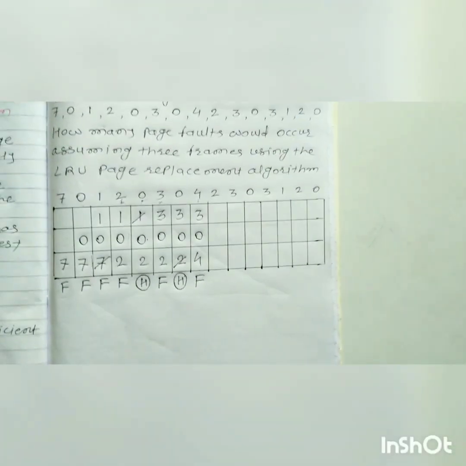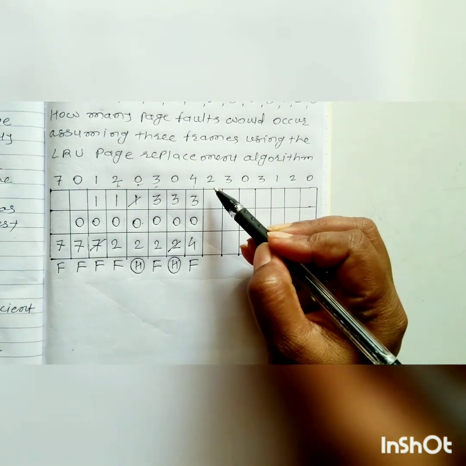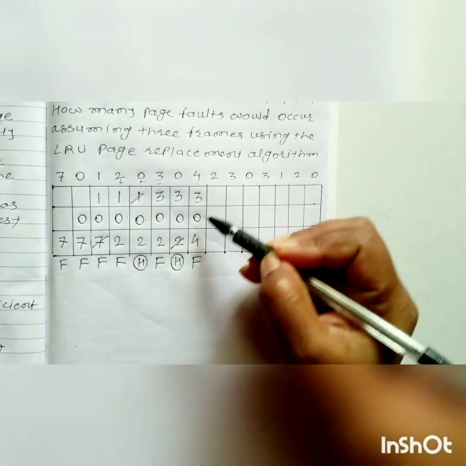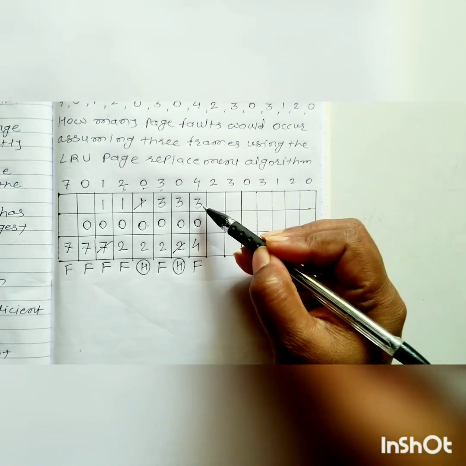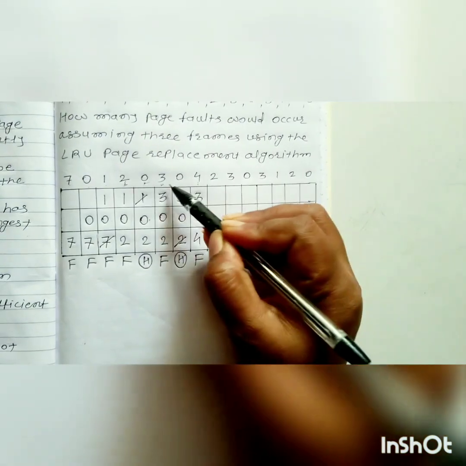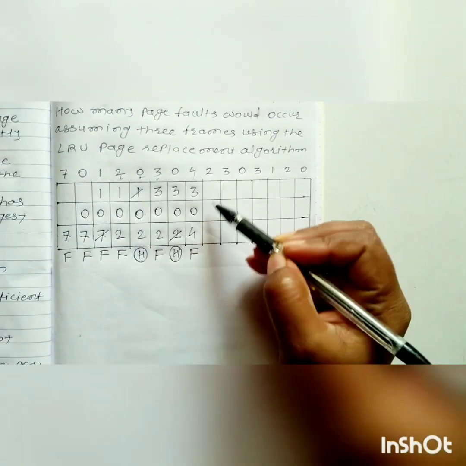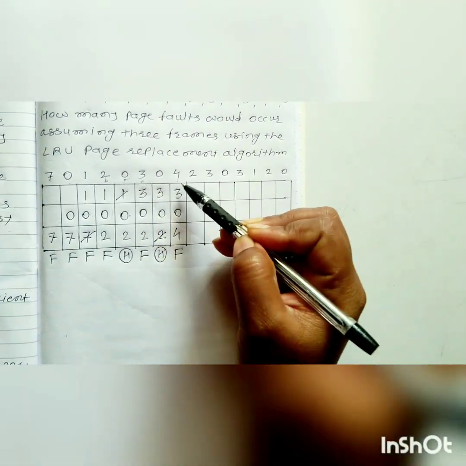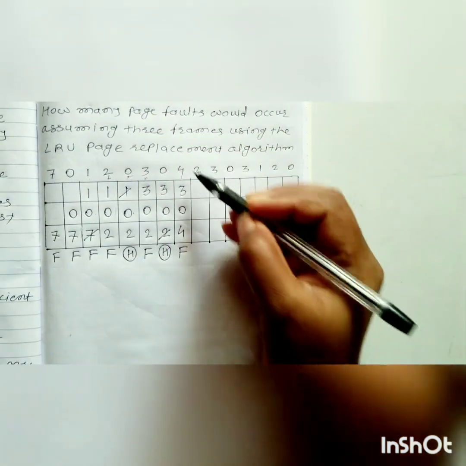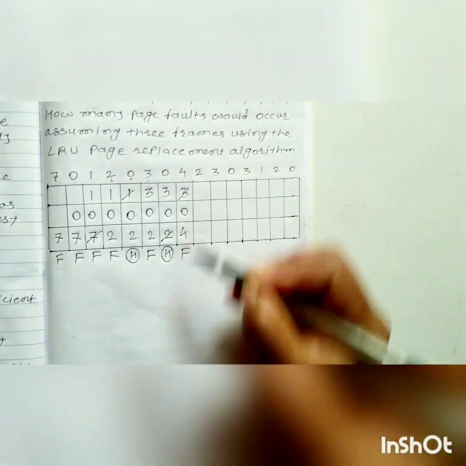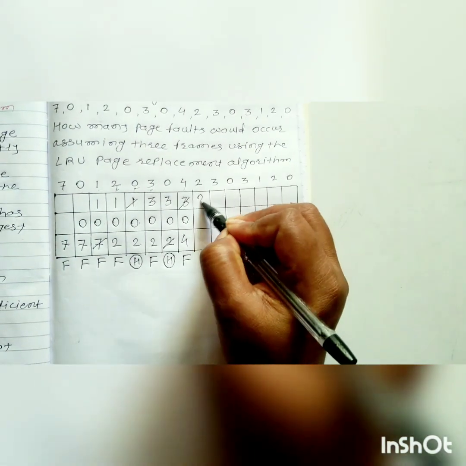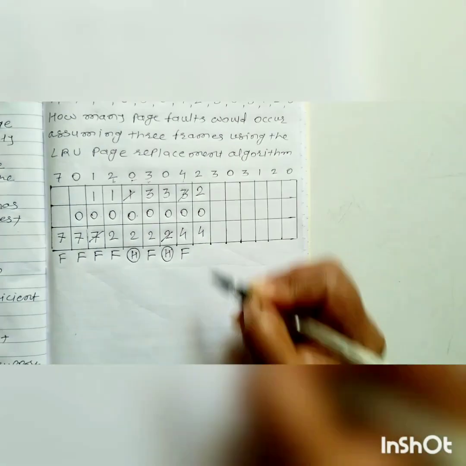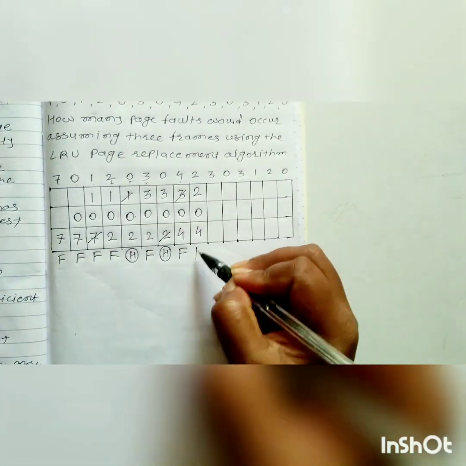So this is what? Page fault. Now the next page I want to insert is 2. So to insert this 2, again I will check the position of these 3 pages, that is 3, 0, 4 at the left hand side of this 2. Check this 3, then 0 and 4. So out of this 3, 0, 4, 3 is the least recently used. So simply I will replace this 3 and I will place 2 in place of that, and remaining pages will be as it is.